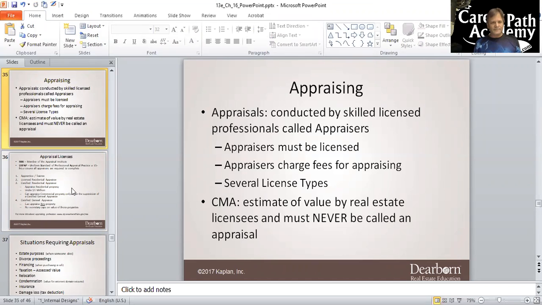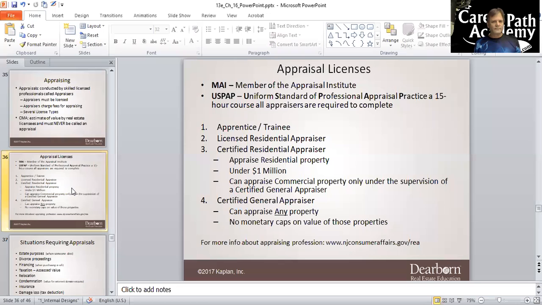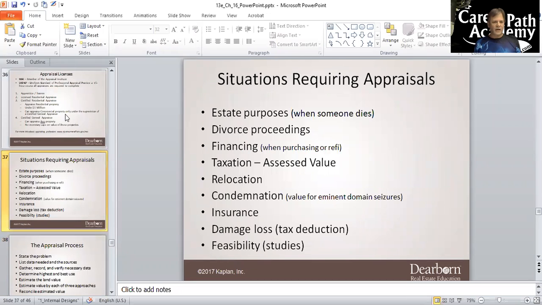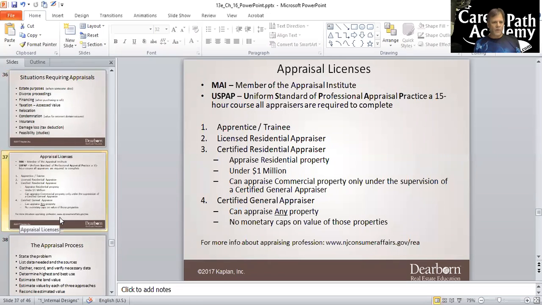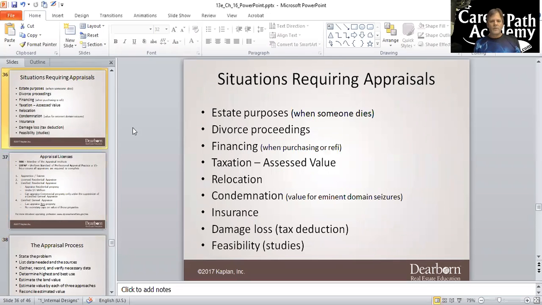So we're going to get into these types of appraisal licenses, but first let's talk about when people get appraisals. On page 230, you see the right side of the page with all the bullet points. Those bullet points are all examples of when appraisals are done. So put a box around all the bullet points and the paragraph beneath them,